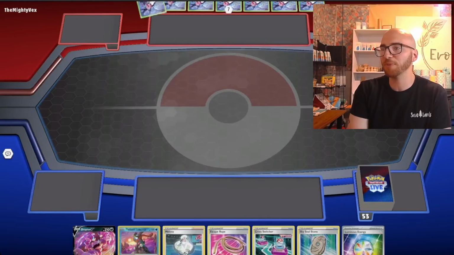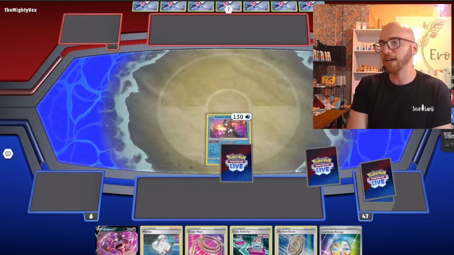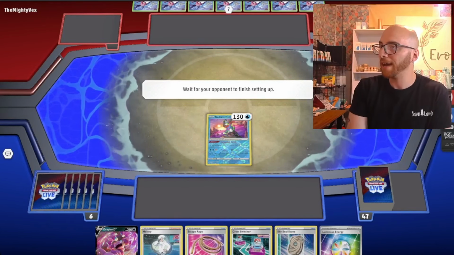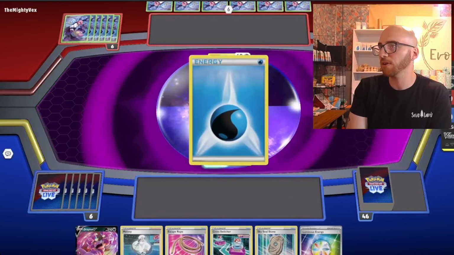So we do have Drapion, and we have the Greninja. So I think I want to put a single prize attacker into the active. We definitely don't want to put a two prizer down that could be a dead card based on the matchup. So we have enough things in our hand that can help us at least draw something. We're going to see what our first turn...